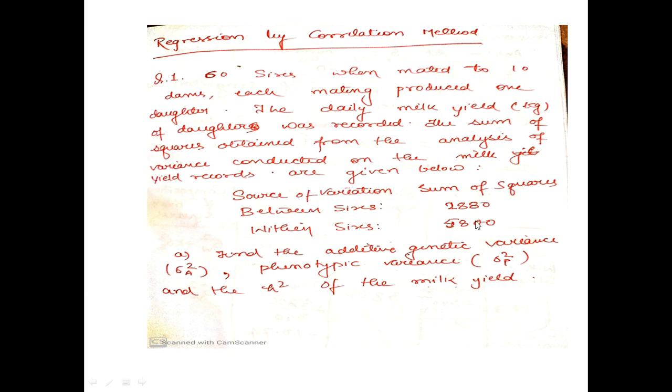Within sires, if you do the ANOVA, the first column will be source of variation, the second will be degree of freedom, the third will be the sum of squares, and the fourth will be the mean sum of squares, whereby you divide the sum of squares by the degree of freedom. The last column will have the expected composition: corresponding to within sire we will have sigma square W, and corresponding to between sire we will have sigma square W plus K sigma square S. We will equate the mean sum of squares column with that formula to find both sigma square S and sigma square W.